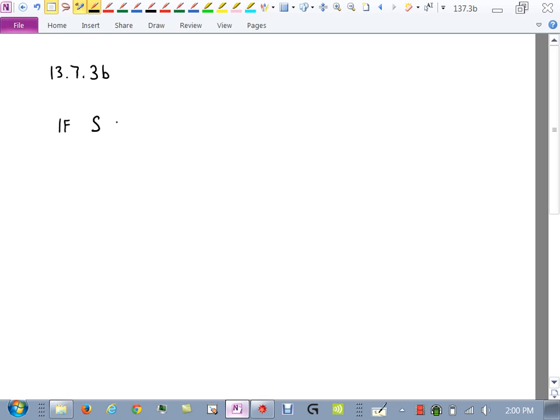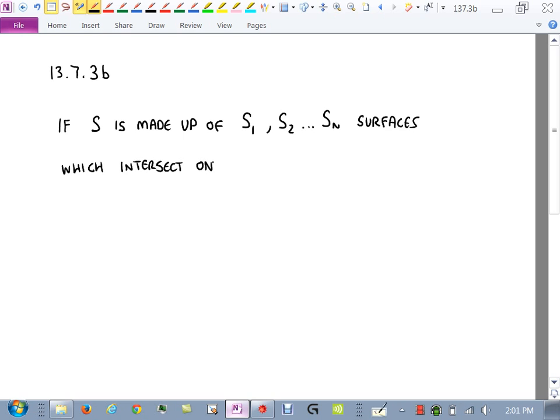S is made up of S1, S2, ... Sn surfaces which intersect only on the boundaries, then